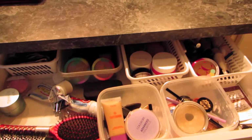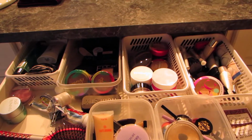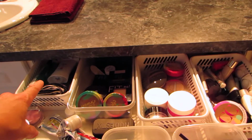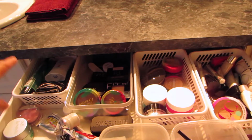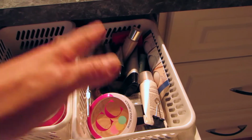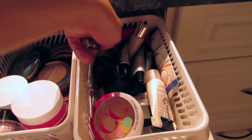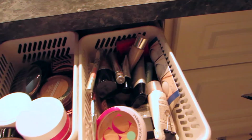So this is my drawer of everyday makeup stuff. So on the left I have my cleansers, facial scrubs, hair stuff and deodorant. And these are cream and powder products that right now they're not really in the rotation, so I've put them off to the side, with the exception of these three guys I am currently using, but they don't fit in